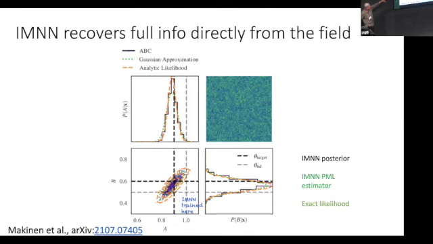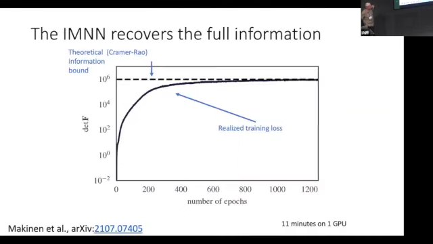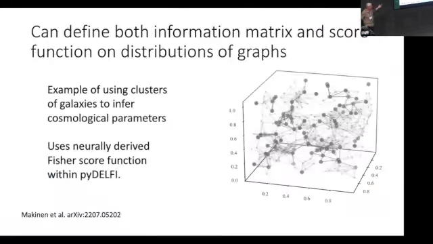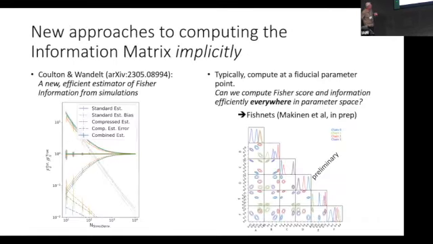You can apply it to fields. This works well in higher dimensions. Again, in this case, we know what the true information is, and we find the network approaches that as we train. And this is for non-Gaussian fields. So we can now compute the score and the Fisher information matrix for any object that you give us, including graphs, for example. It doesn't matter, any data that you can stick into a neural network that can produce an output, because we can do the calculation by defining this optimization in terms of the Fisher information. We can compute Fisher information for any object. So we've used this for graphs, for example.